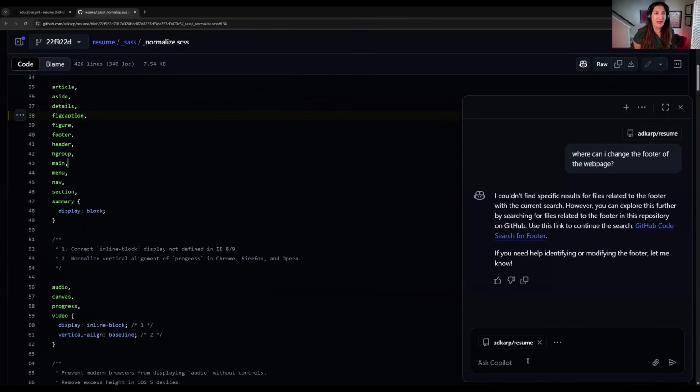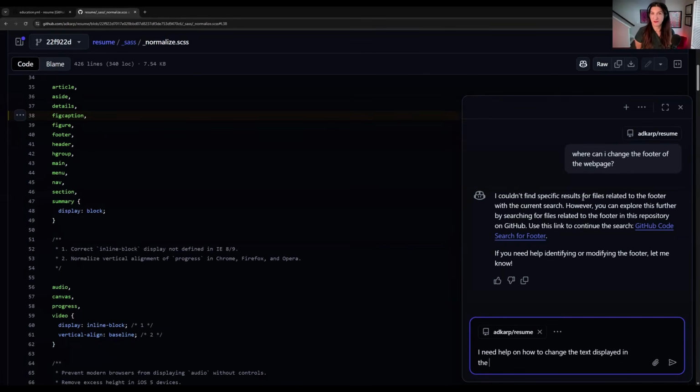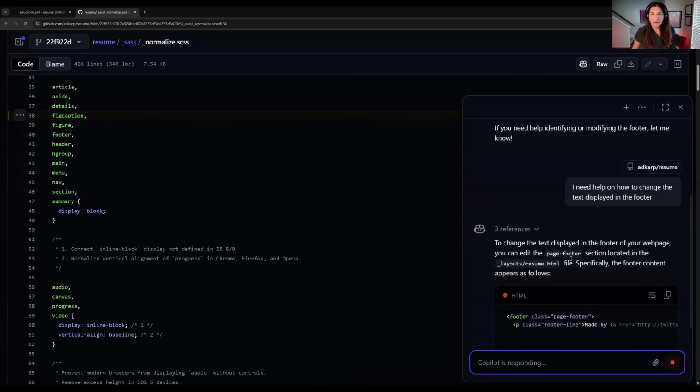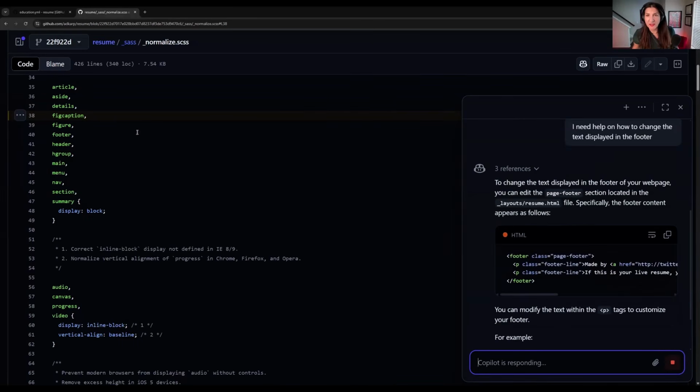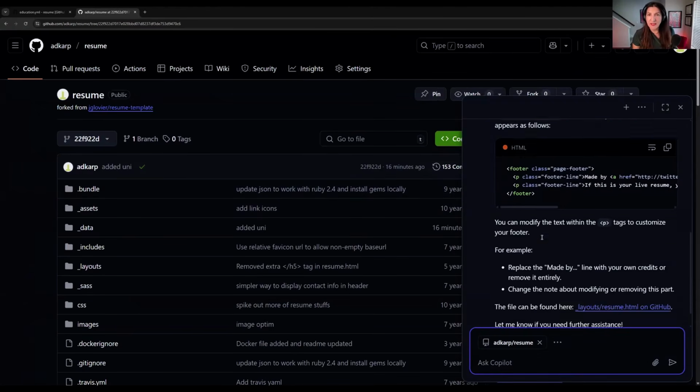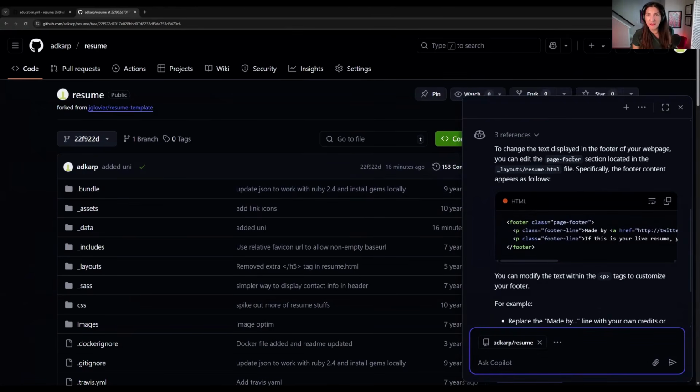Yes, I need help. I need help on how to change. So why don't you ask, I need help on how to change the text that is displayed in the footer. You have to be very specific with AI helpers. Let's see if this works. Okay, now we're cooking. To change the text displayed in the footer, you can go to the where is it? Go to the page, go to the file,